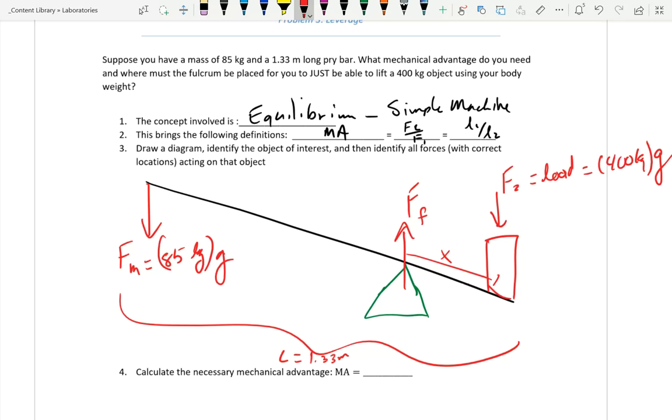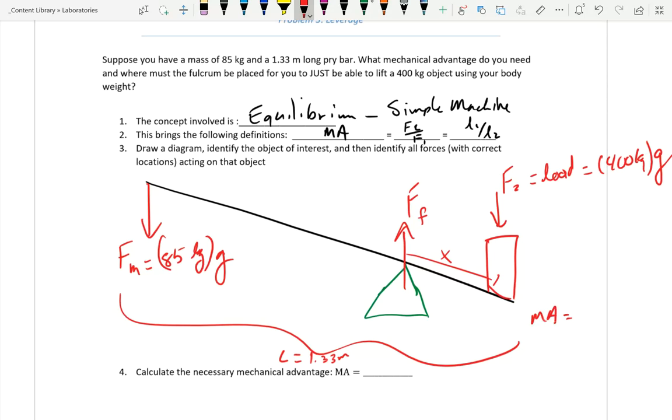First question, what's the mechanical advantage I need? I can actually calculate that already. What's the equation for mechanical advantage? Force 2 over force 1. So what is it? You have somebody who's just already calculated it. It's going to be